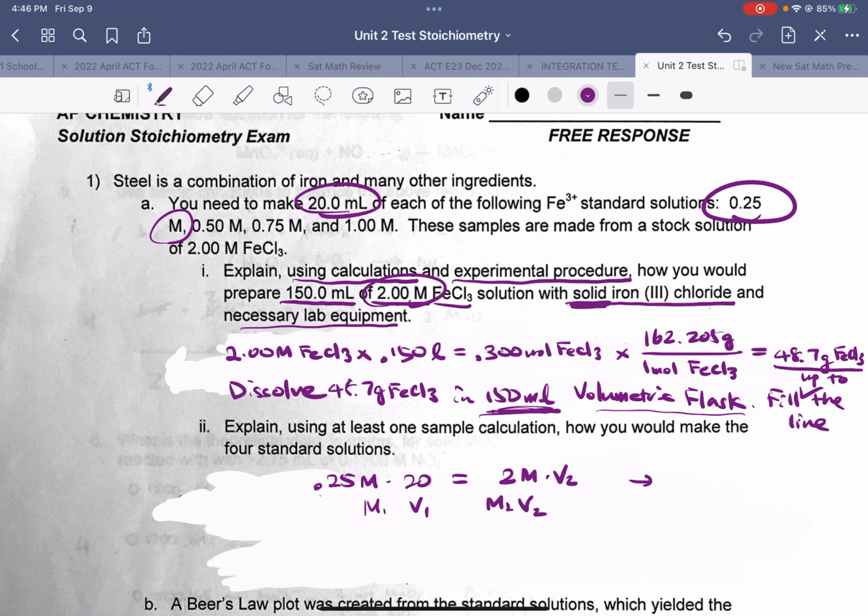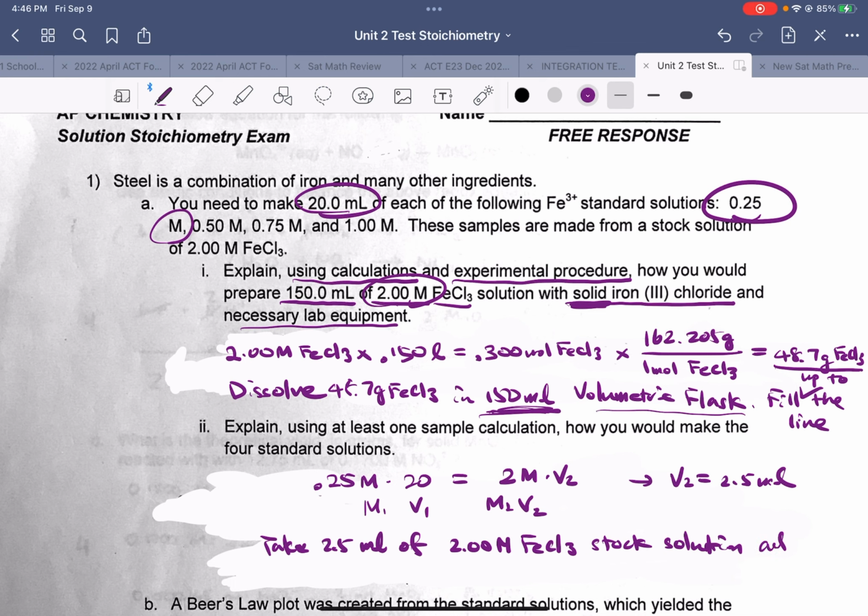If you compute, V2 is, when you use a calculator, 2.5 milliliters. So you can say it this way: take 2.5 milliliters of 2.00 molarity FeCl3 stock solution, and dilute with distilled water